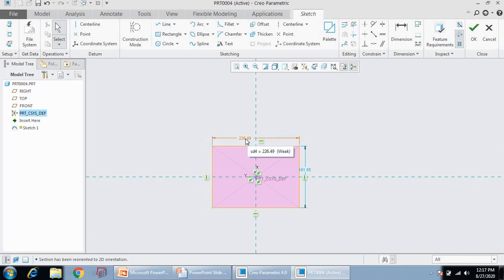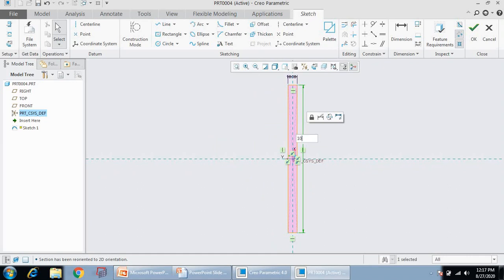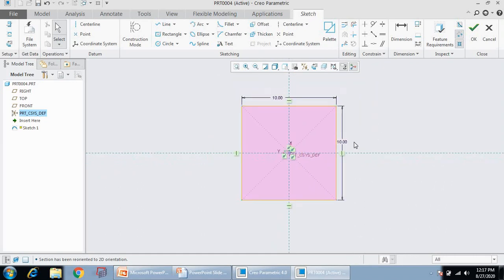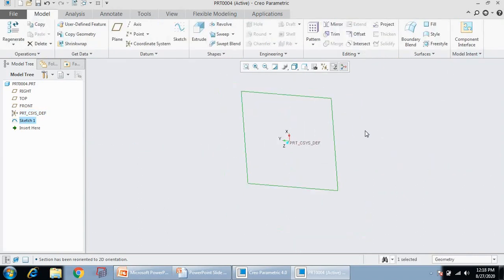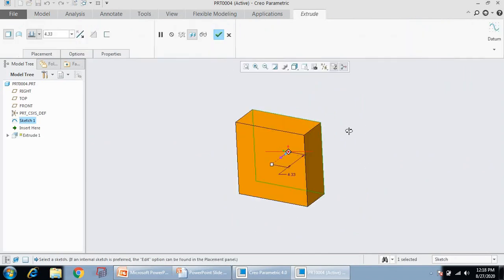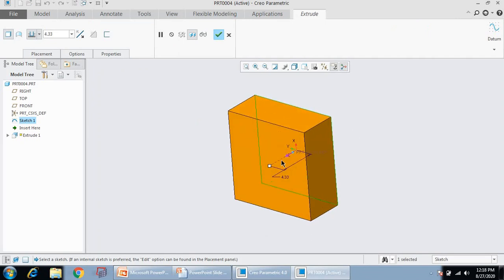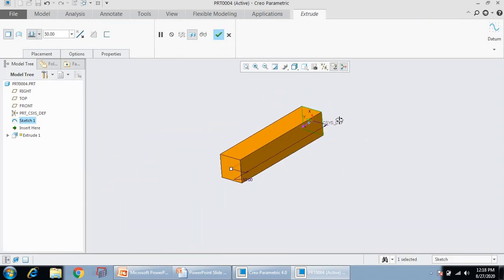Let us give some dimension like 10 mm by 10 mm. Suppose it is a square. Now it is 2D. To convert it into 3D, we have to extrude it, or in some software, commands like pad and pocket are used for that purpose. So let us extrude it. Now we can observe that it becomes 3D. Suppose this depth is 50 mm. Now also it is 3D.